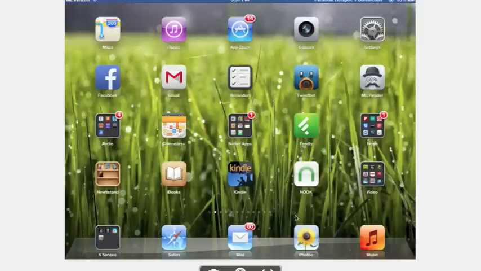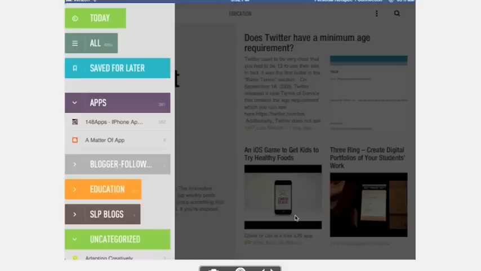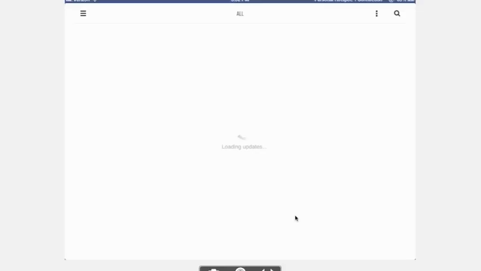So when you use Feedly, you'll sign in the same way. You'll sign in with your Google account, and it's very similar. So if you tap over here, it's got a little bit more color to it. If you tap over here, it shows you your different collections, and you can tap on that collection